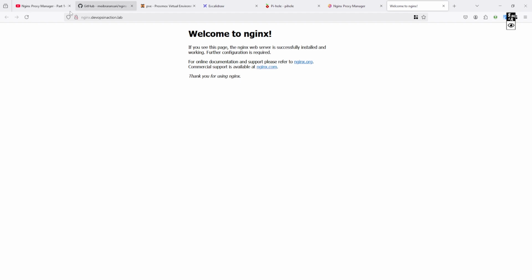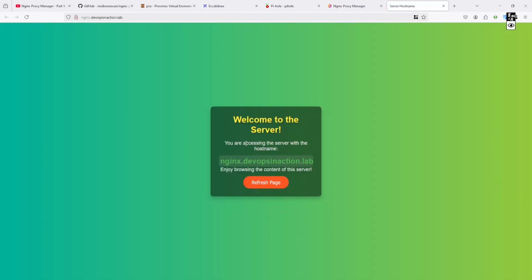This is the plain page, and now you can see here I customized this page where I can get my domain name. So basically this is for debugging purposes, to see which domain it's coming from. Okay, I think I have completed the second